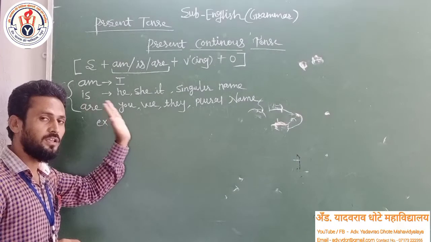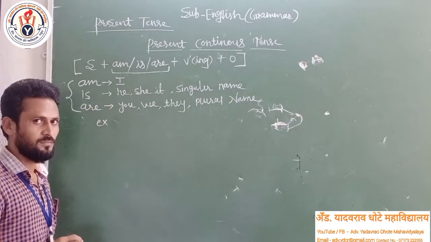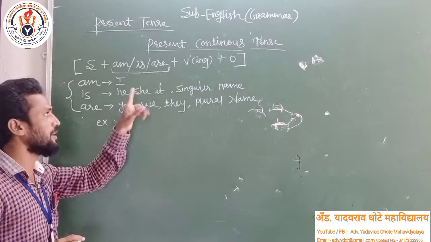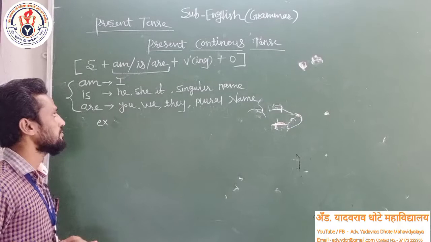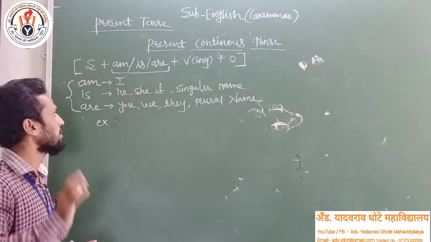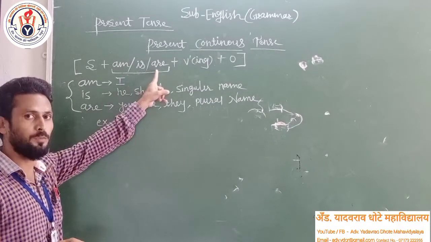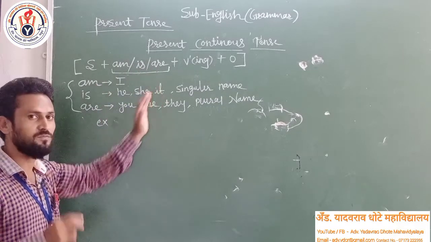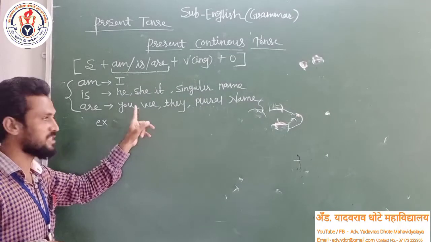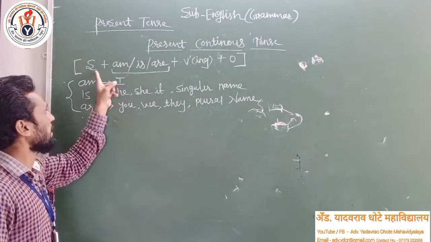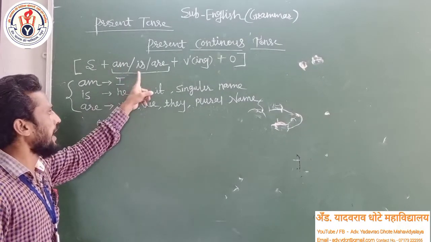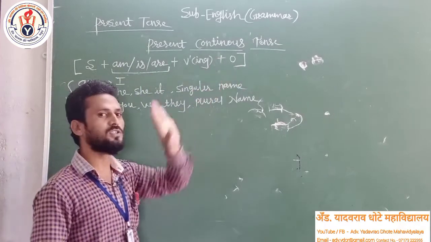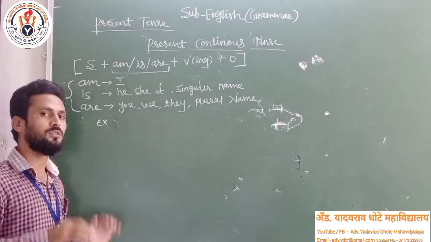This is very important information when we use it while composing the examples of that particular tense. So here, once again, try to understand, these are the three to be forms, and we have to use them differently with the different subjects given here. So once again, the formula: subject plus am, is, are plus verb ing, that means present participle, plus object. Now we will compose the example.